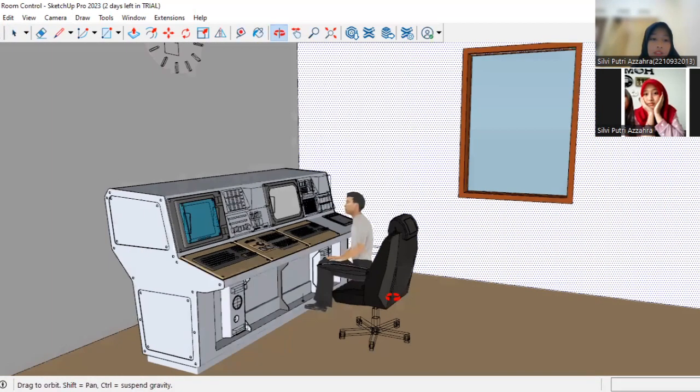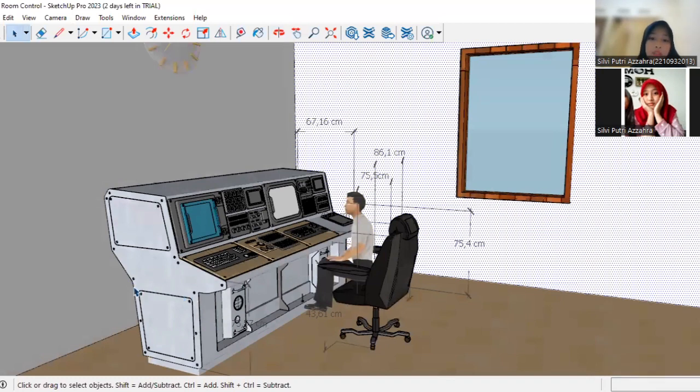And the last part in the table is the width of the table. The width of the table uses the dimension of the length of the hand span to the front with an allowance of 4 and percentile 5, so that operators with a short hand reach to the front can reach more easily. The original size was found to be 63 centimeter and the size was 67 centimeter after adding the allowance.